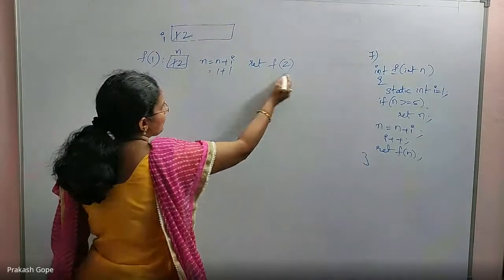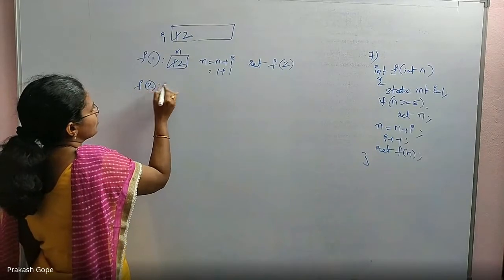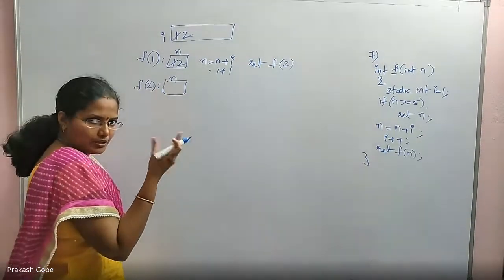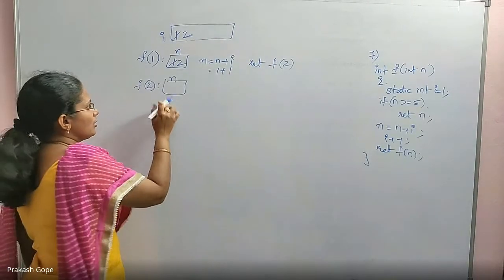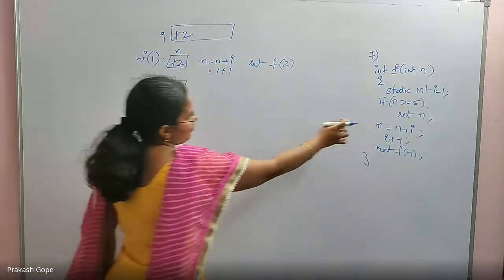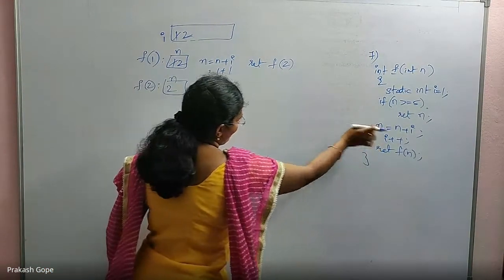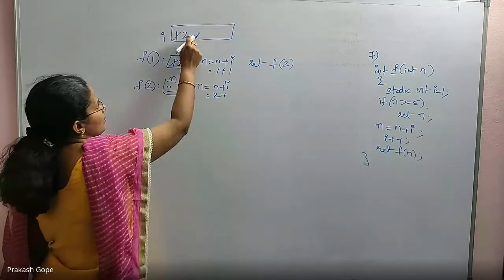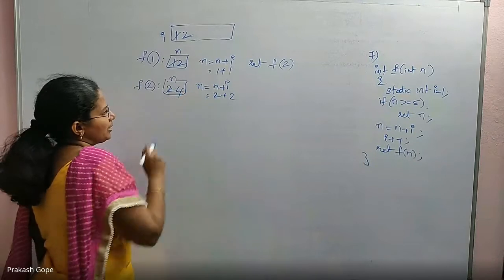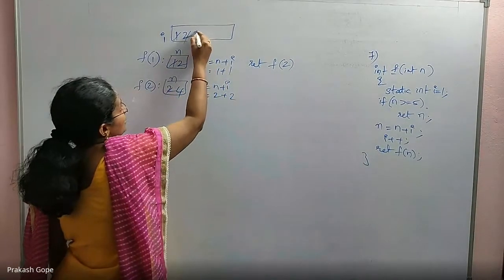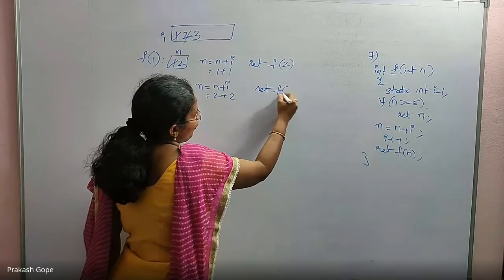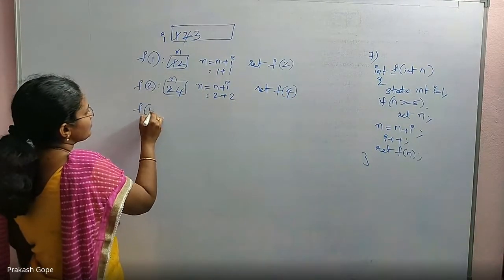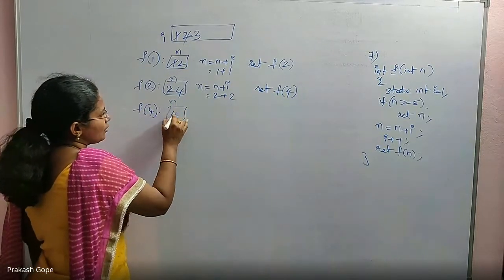So by seeing this function call, we will jump to f of 2. Again, 2 will be copied to the formal parameter. So the formal parameter is a local variable, so memory gets allocated again, into which 2 is copied. 2 greater than or equal to 5 is false, so we will execute n equal to n plus i. What is n? 2. What is i? Already 2. So 2 plus 2 is 4. Update n. i plus plus. So i gets updated. Then return f of n. What is n already? It is 4. So call f of 4 again. n is created, copied with 4.